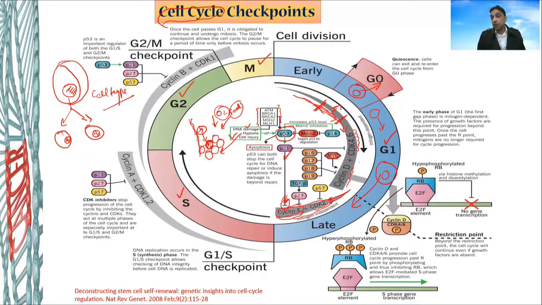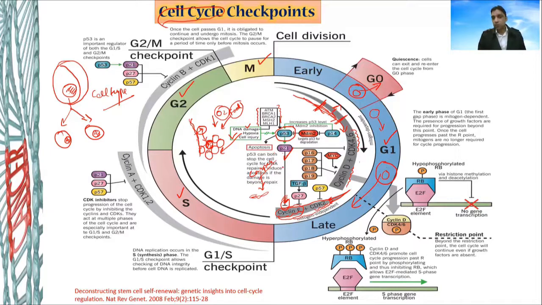Alternatively, if the damage is not repaired, if the cell carries the hypoxic situation, or the injury is too much, or the genomic DNA is not repaired very well, in that case, the cell will go for apoptosis. And that is programmed cell death. The cell will be dead after that. And you know, it is because of the caspases after that. And I have shared that in the earlier lecture.